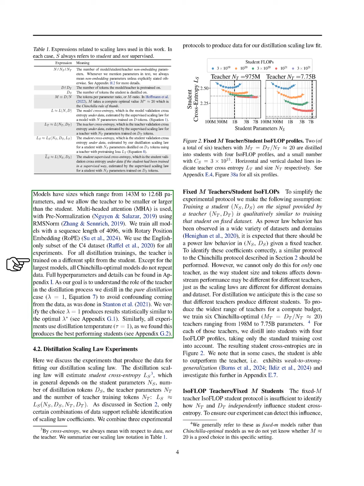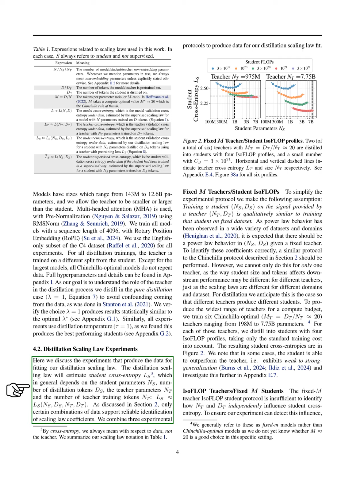Section: Distillation Scaling Law Experiments. In this section, we discuss the experiments that generate the data needed to fit our distillation scaling law. This law helps us estimate the student cross-entropy, which depends on various factors including student parameters, the number of distillation tokens, teacher parameters, and the number of teacher training tokens. As mentioned in the background section, only specific data combinations can reliably identify the scaling law coefficients.